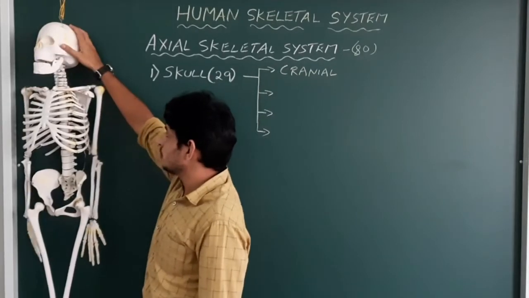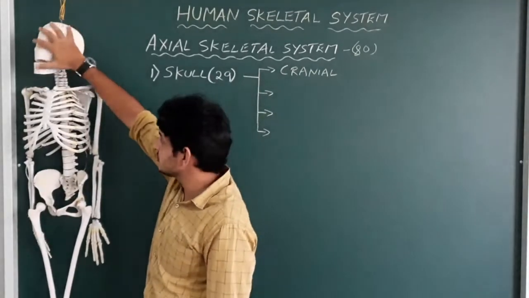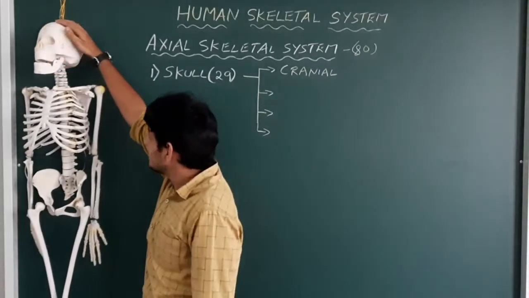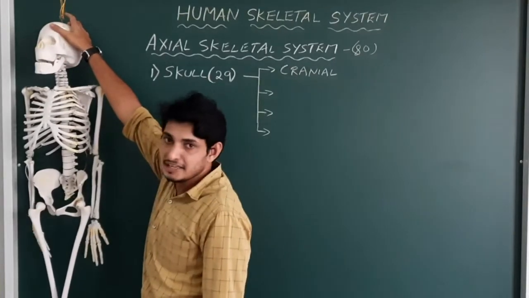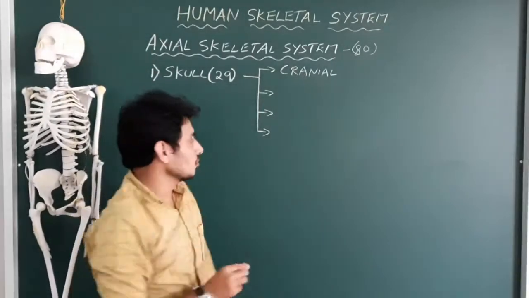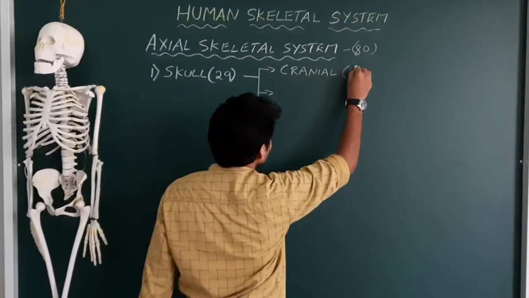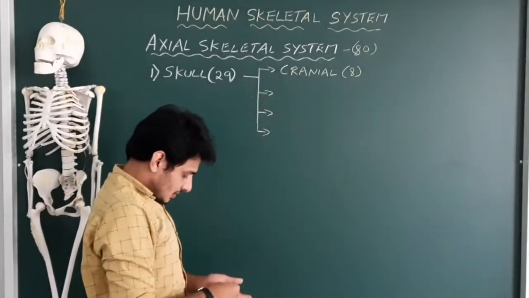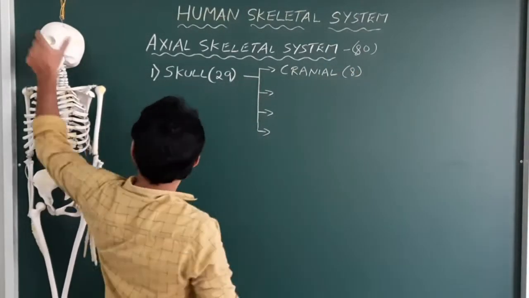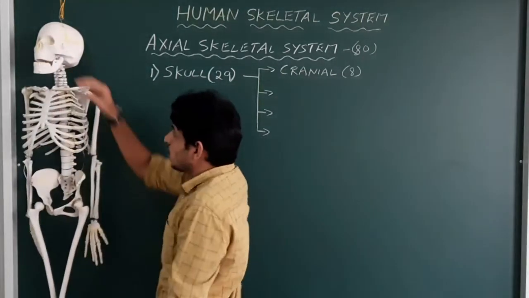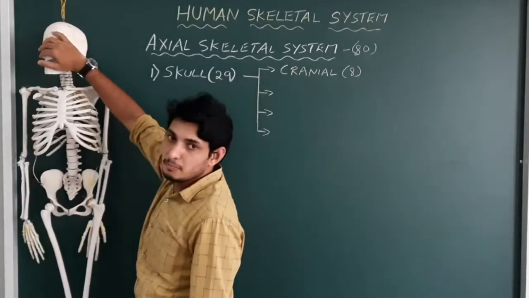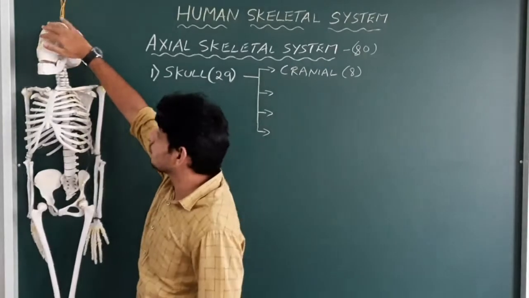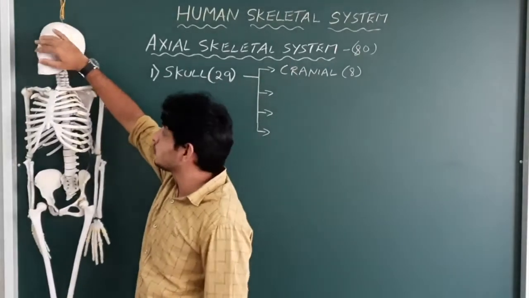You could see this is actually the cranium. So this entire portion is called the skull. In this portion you see 29 bones, but particularly this portion is called the cranium. In the cranium you see 8 bones. So we just write 8 bones. Simple. Next one is this part. This part is actually called the facial part. The facial part is composed of 14 bones. There are 14 bones. I'll tell you the code to remember that.